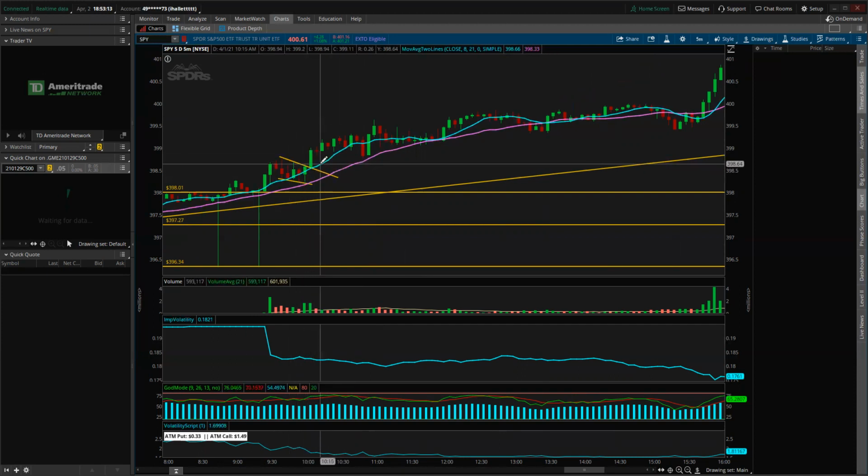Conveniently, it could be in tune with a moving average, and it may use that as support. That's not uncommon either. But once this price breaks that downtrend, if you want to enter on the retest or enter on the break, you can do so. And then so long as price action stays above the 21 EMA or the 21 SMA,